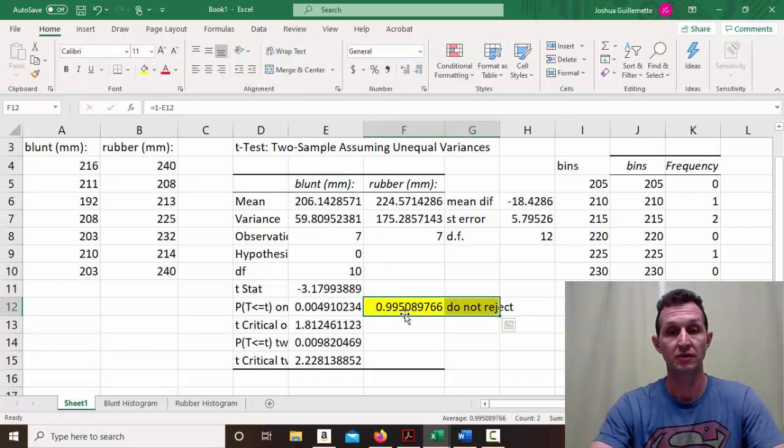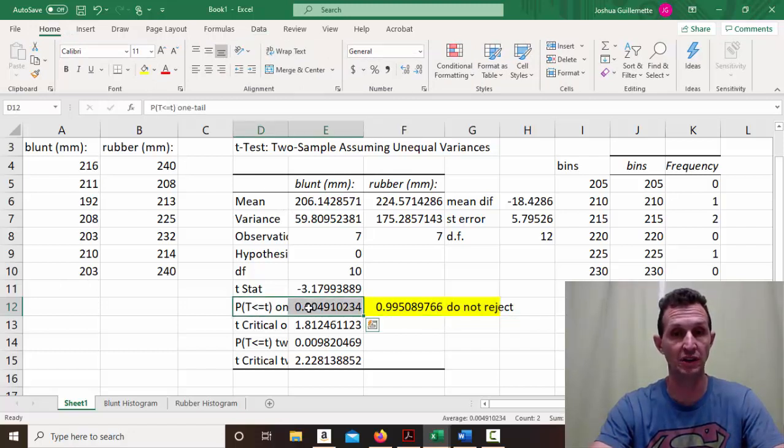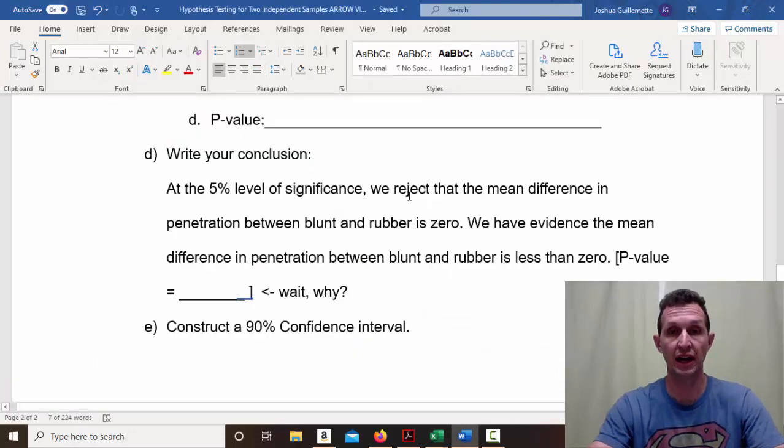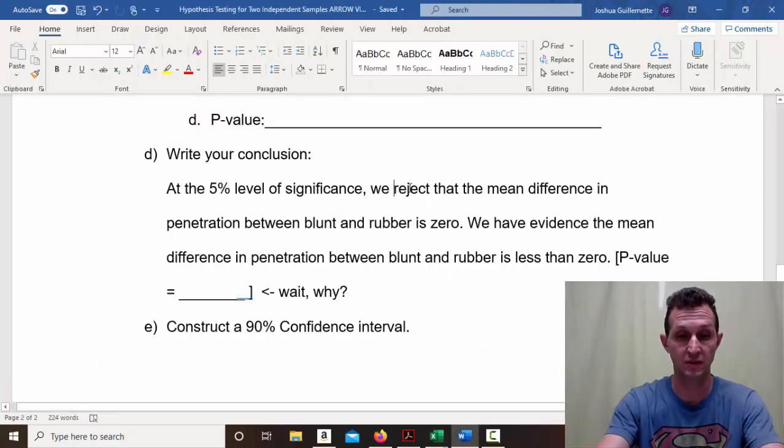But what's happened is this is in the left tail. They've switched this to a left tail, and this would be the less than. See how it's less than right here? And because it's less than, we would have to subtract from 1. So your p-value here is actually 0.995 blah, blah, blah. Okay? Because you would be looking at all values greater than the -0.31.